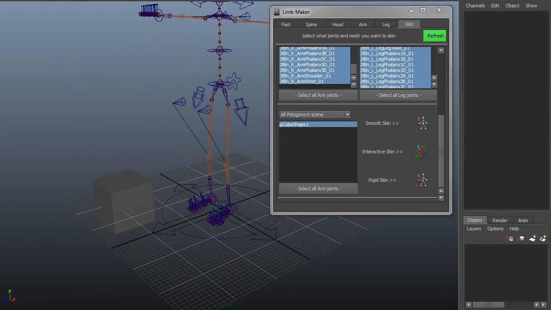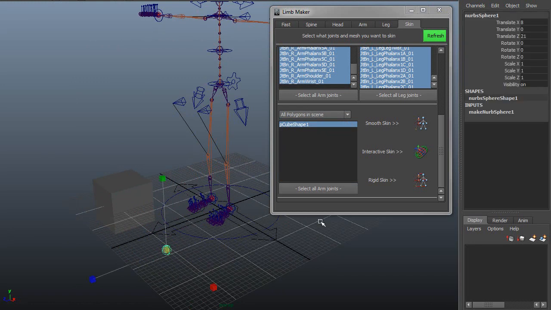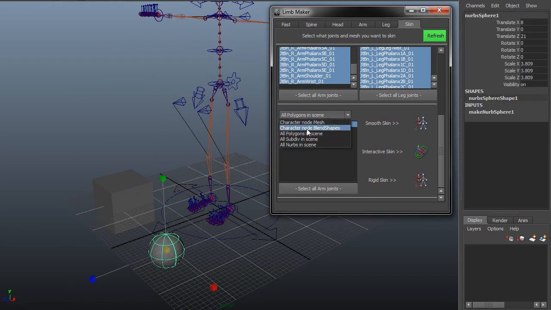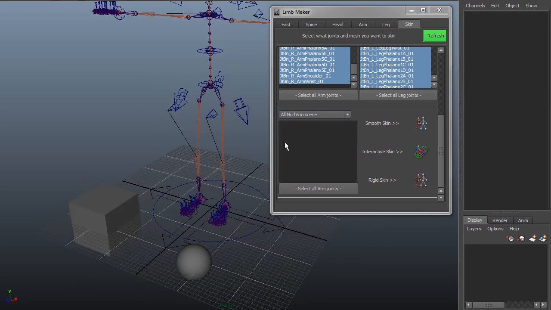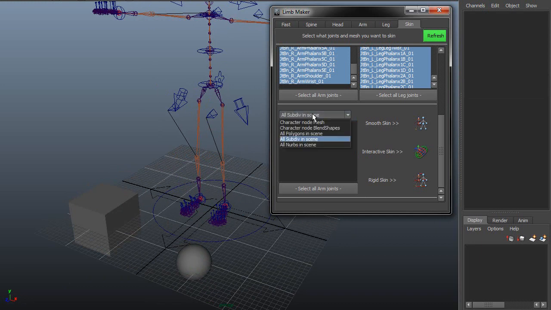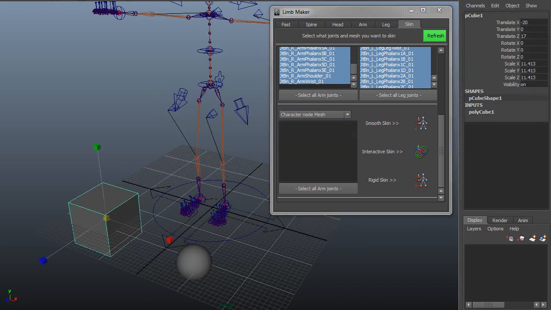If we add surface, what it's going to do is add nurbs surfaces, but again this is quite a work in progress, so that's not working at the moment. But one thing we can do